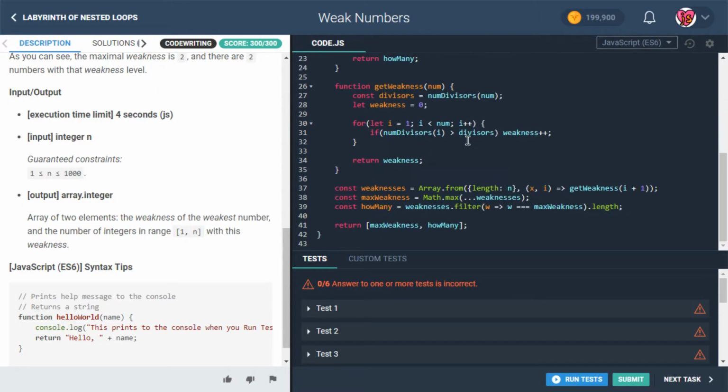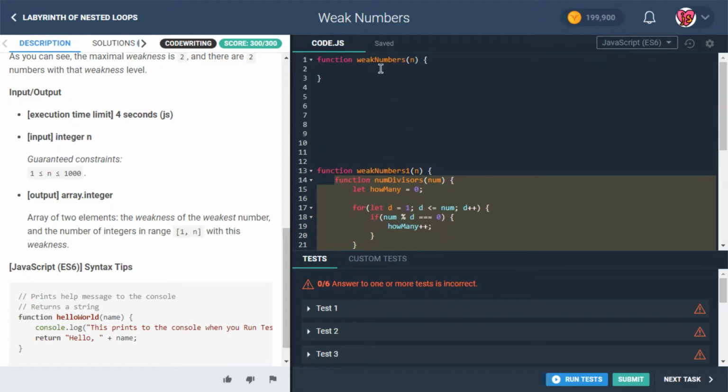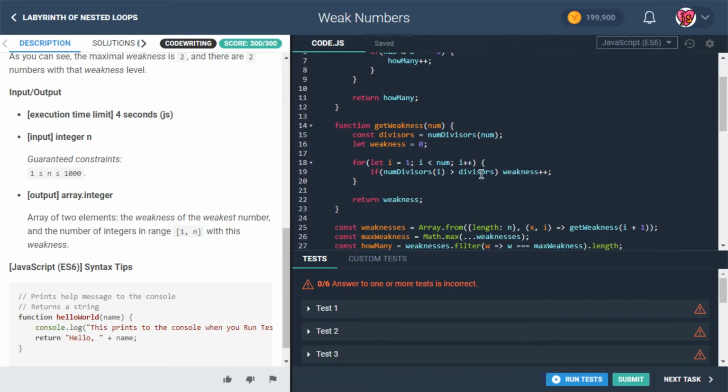The first change I want to make is I don't like the fact that we have this weakness function that we're calculating individually, and then we've got this weaknesses array, and then we're manipulating that. So basically, I want to make a change. So specifically, how are we going to do this? Well, I think what I want to do is just to calculate the weakness, I just want it to be like,